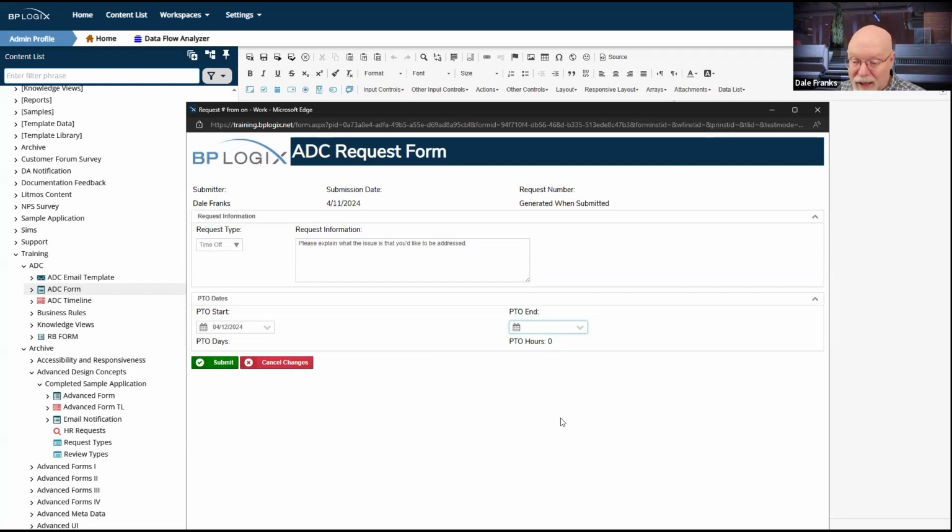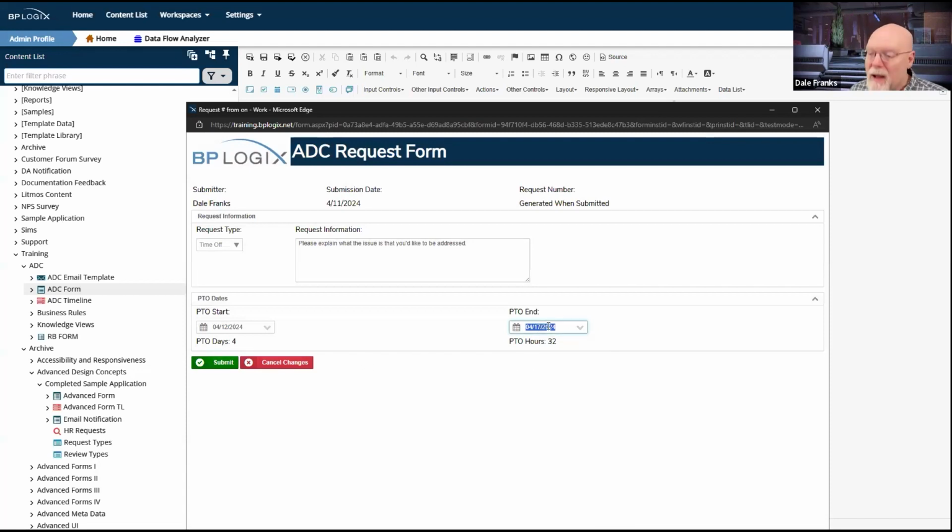Now, technically, I might still want to do it. I know it's hard to see, but when I hit tab, it selected the submit button. So technically, I could put one in here. The only thing is there's no other control after it. So there's no real control for me to set the focus to, because by design, this is the last one